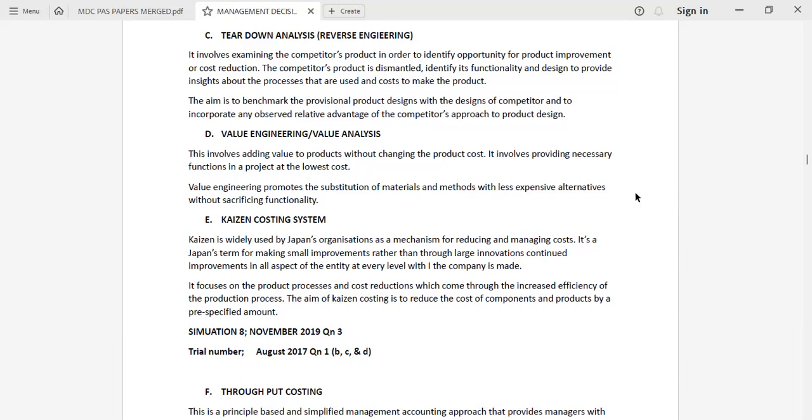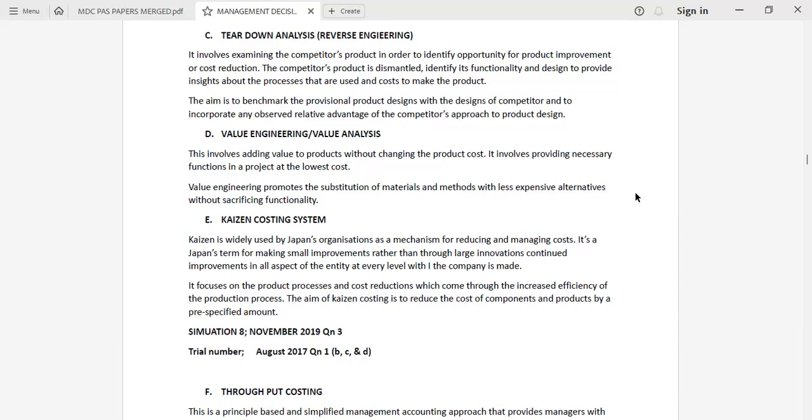Sometimes you may compare your company's products with the competitor's products and make sure you see what you can put in your product that the competitor has not yet put in theirs, so that your products can perform better than your competitor's. What we mean when we say teardown analysis involves cost reduction is that we look at the